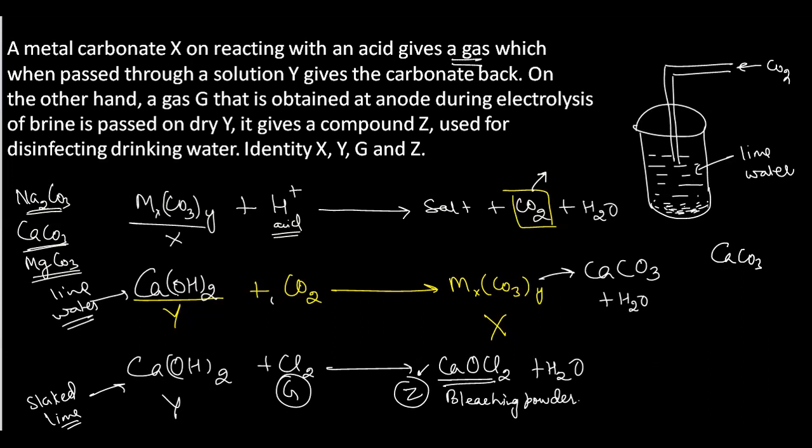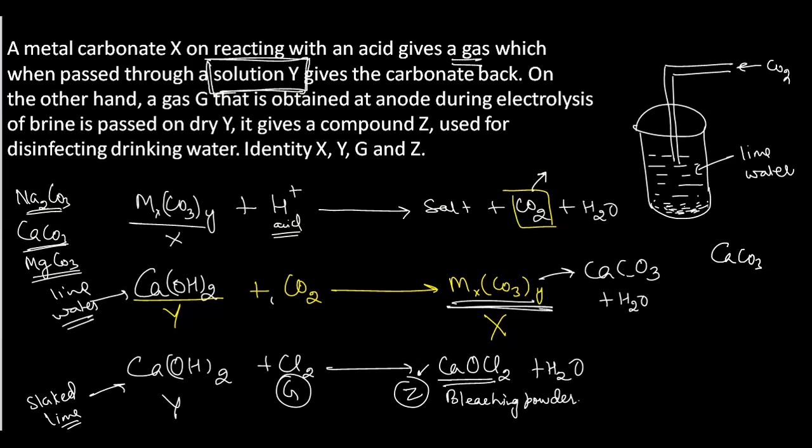अभी हम लोग को confirm नहीं हुआ है, हम लोग assume कर रहे हैं कि अगर it is calcium hydroxide and when it is passed through carbon dioxide, it is giving you the metal carbonate back. तो ये metal carbonate back होगा. तो इस केस में जो metal carbonate बनेगा, अगर हम लोगों ने calcium hydroxide को assume किया है, Y solution, lime water मान रहे हैं इसको. Okay, so if we are having the lime water Y solution as calcium hydroxide, then the metal carbonate will be